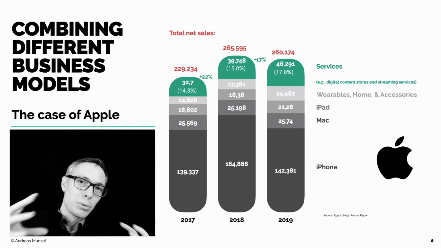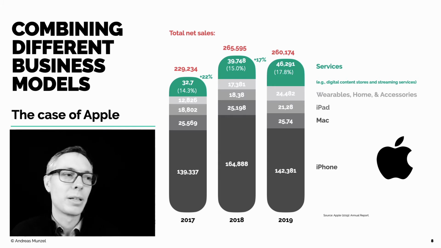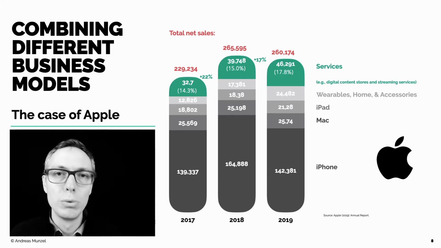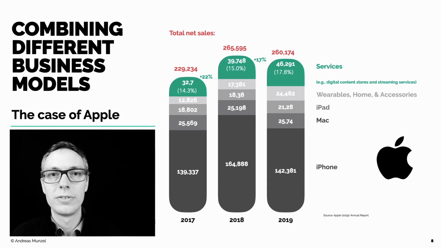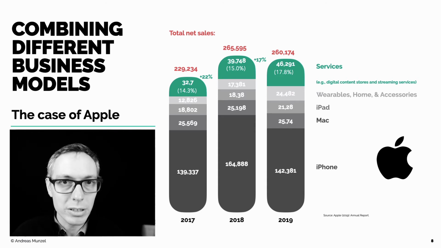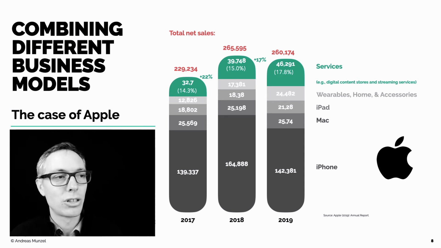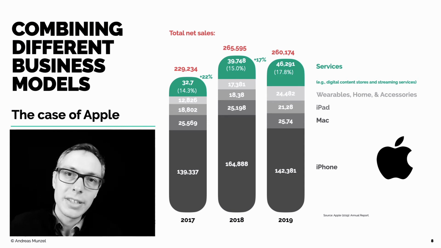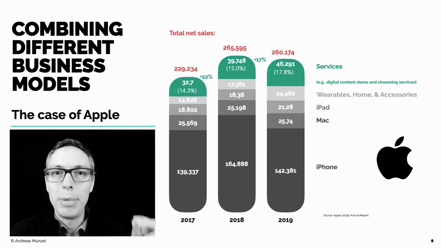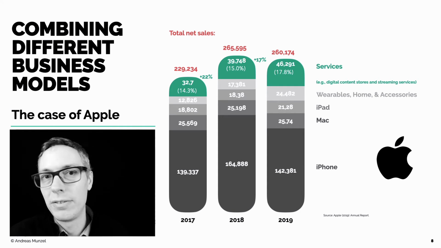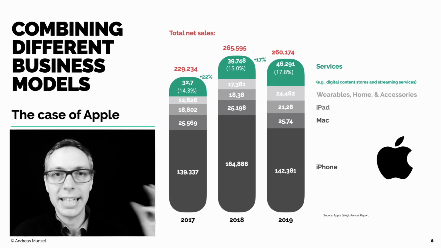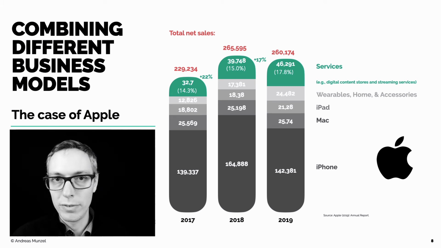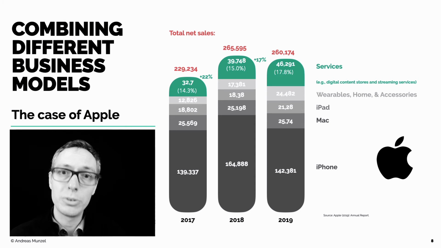So there as well we see that they still make a major part of their sales through their devices, through their pipeline business. But you see as well that the share of platform business models in the group actually increases, giving us an idea that many platforms are born as platforms, Airbnb, Uber, but you have others like Apple, like Amazon, that were not born as platforms, but which added platforms to their